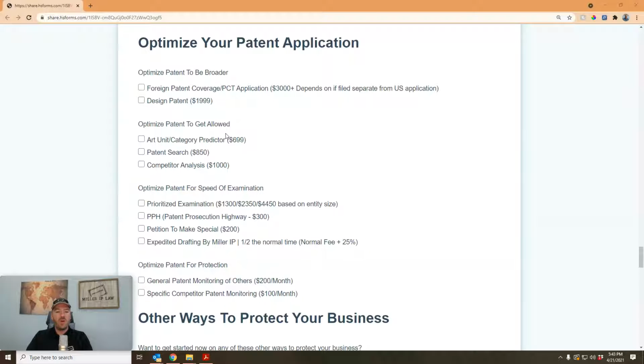Another thing you can do is optimize your patent application for allowance. This one's a great thing because everybody wants to get an allowed patent. You want to get through the process as quick as you can, but you also want to get an allowed patent. If you don't get an allowed patent, you don't have an asset for your investment, and it doesn't make sense. So the number one thing I would do is the art unit category predictor. This one I would highly recommend. The reason is we use some tools and some databases to adjust your patent, not for what the invention is, but for how we word it, such that it goes to